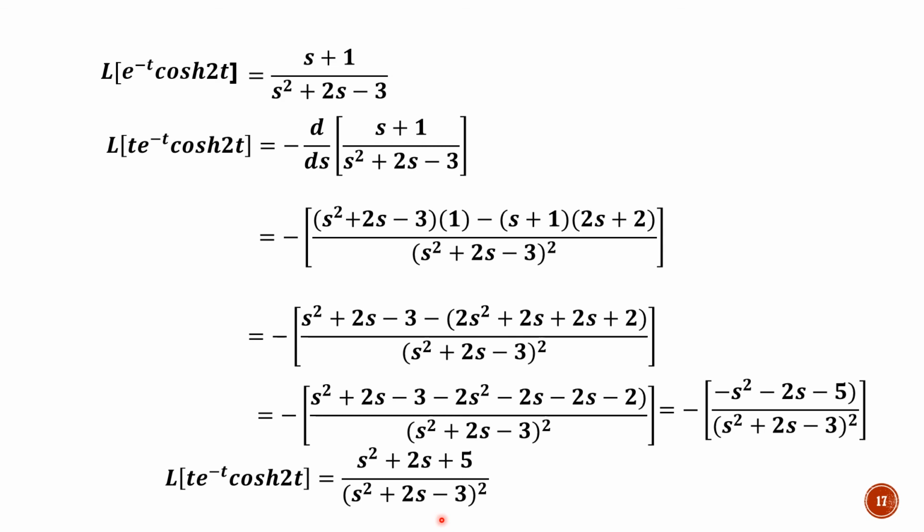So what we are doing is calculating the Laplace transform of the function which is on the extreme right. So first calculate the Laplace transform of this, then move towards the left. Then we have to calculate the Laplace transform of e raised to minus t. Now whenever a function is multiplied by e raised to, we have to replace s by s plus 1. So that is done and we have got this answer. Now whatever answer you have got, the next function is t, which means we have to apply the multiplication by t property, or minus d by ds.